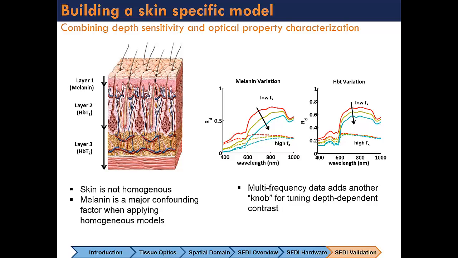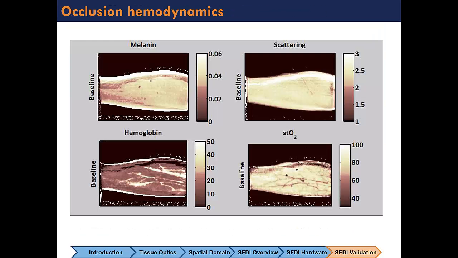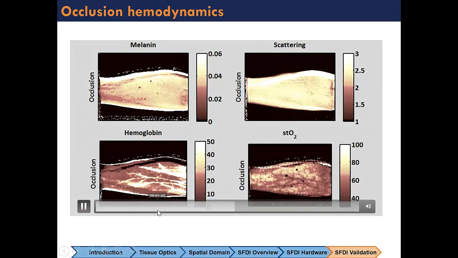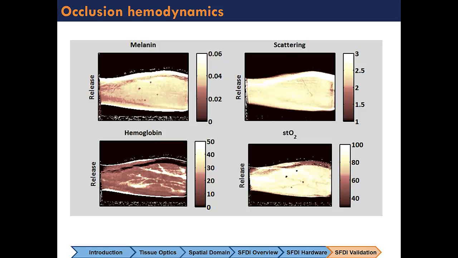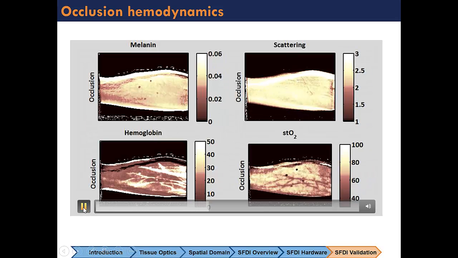and spatial frequency. And we've been able to calculate now the scattering cross-section, melanin coefficient, total hemoglobin, and tissue oxygen saturation. And we've done various validation experiments to show that when we do an arm cuff occlusion, for example, the tissue oxygen saturation changes that we calculate. So you see it'll decrease, go dark, and then when we release the cuff, it hyper saturates, and then it